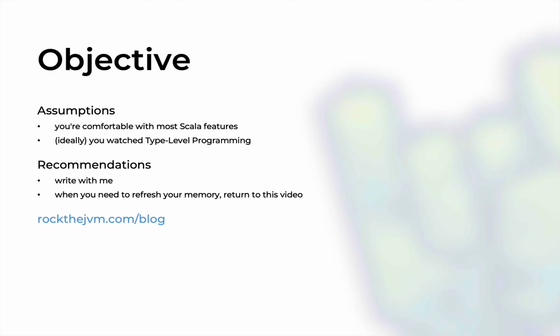Now, this video is for Scala programmers of all levels, but the most advanced programmers will get the most value out of this video, especially if you watch the type level programming mini-series which I recently published. So check out the Rock the JVM channel or the type level programming mini-series where we exploit the power of the Scala compiler to validate relationships between types at compile time. So this is pretty magical. However, it will not impair your ability to get value out of this video, so feel free to continue watching as well. Now, as always, I'll recommend that you code with me,